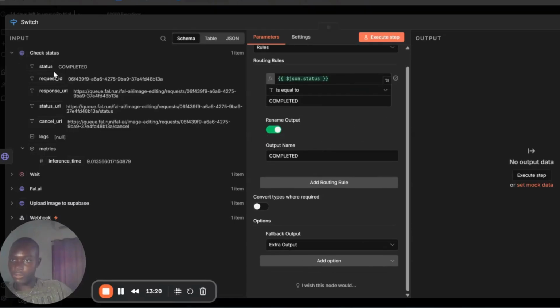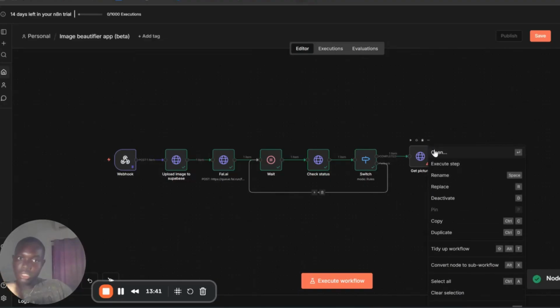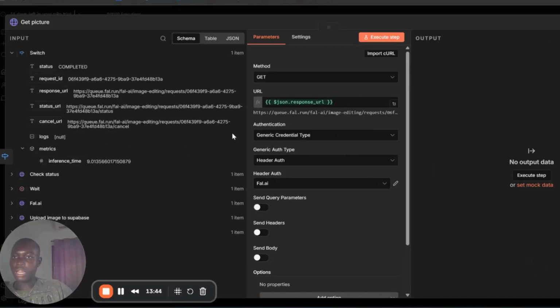Since the information is already completed, if an extra output is put in and the status is IN_QUEUE, it will then be on a fallback, and it will have to wait again and check the status until the status is completed. So here I'm just going to run this and then complete it. Perfect. So here we then have to add a new HTTP request node where we want to get the response